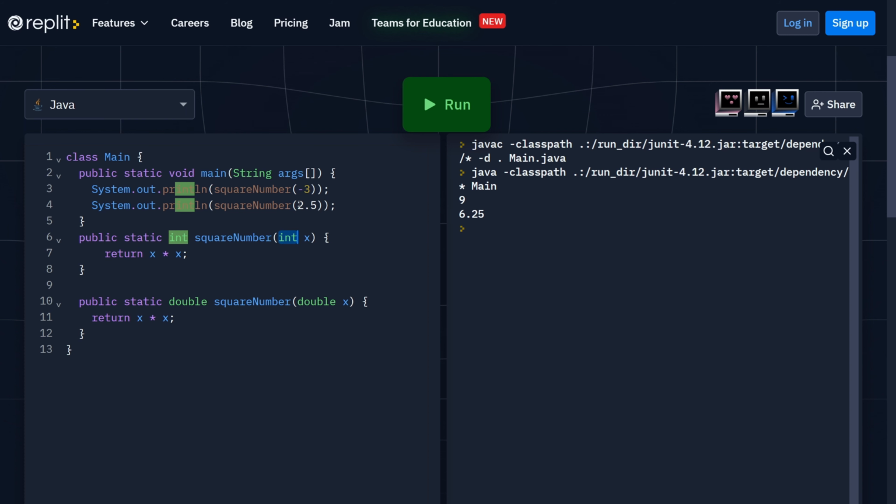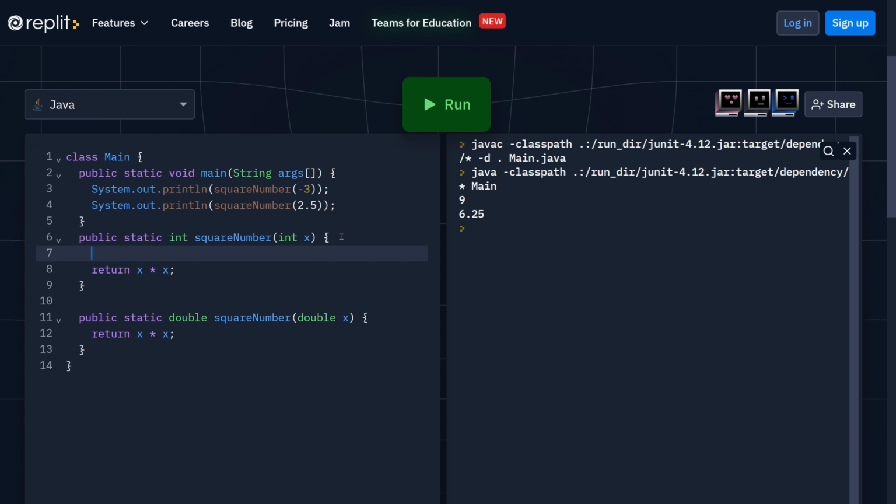On the other hand, when we pass a double into square number, 2.5 is a double. So Java will run the version of square number whose parameter is a double. So it will run the code right here. Now you may not believe me, so let's take a look. Why don't we print something out in each method to verify this? So let's just print out